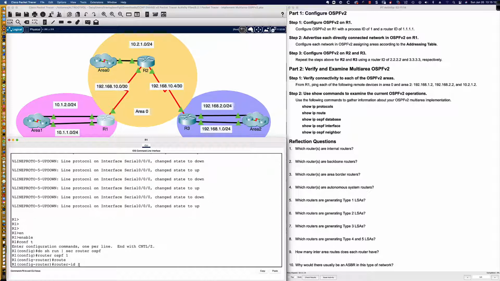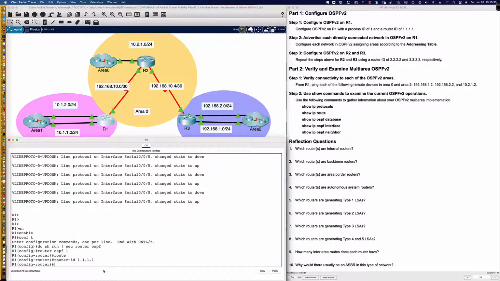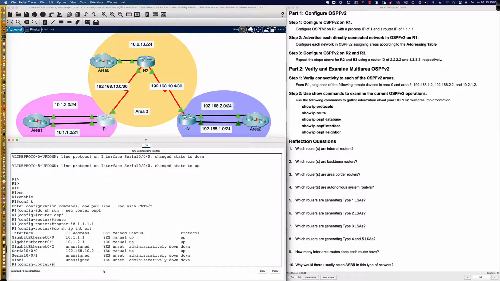And the first thing we're going to do right out of the gate is set our router ID to quad 1s. Now remember, that has the format and appearance of an IP address. However, it's not an IP address, right? Now there may be a loopback address with that IP on it, but this router ID value is not an IP. It just has the same format as an IP address. And so we set the router ID to 1.1.1.1. And it wants us to advertise each directly connected network into OSPF on router 1. So directly connected networks, let's go ahead and say do show ip interface brief. And you can see we've got our